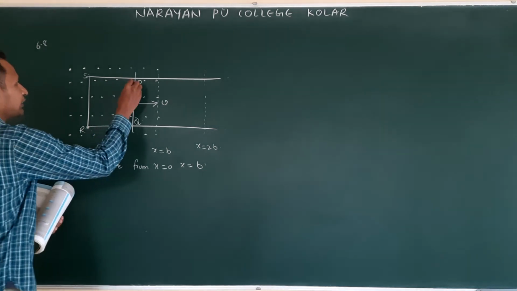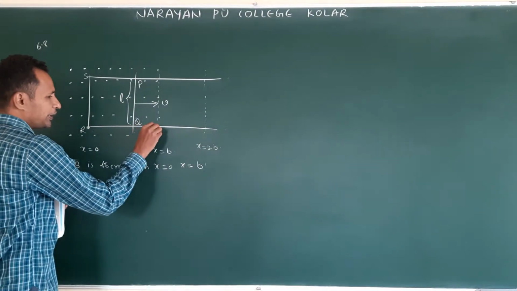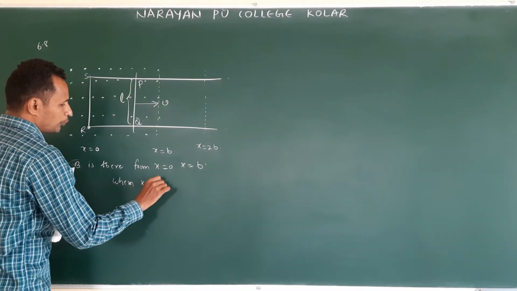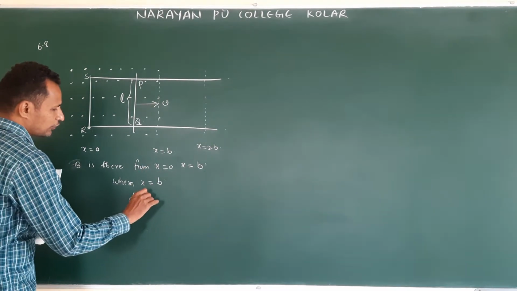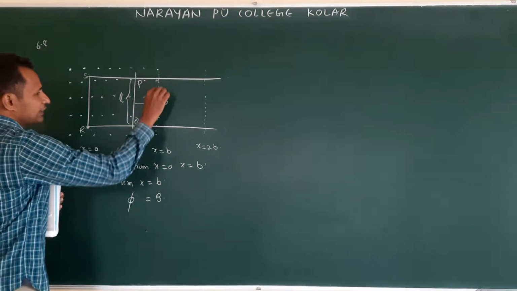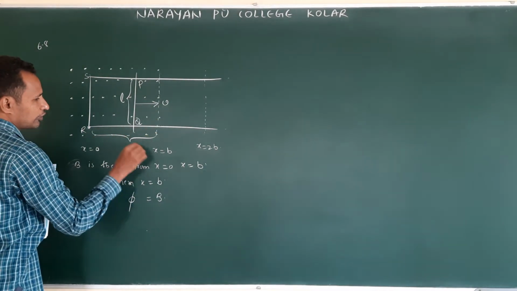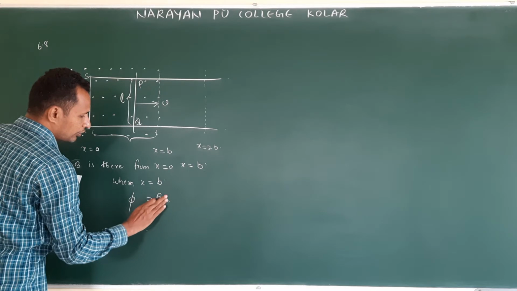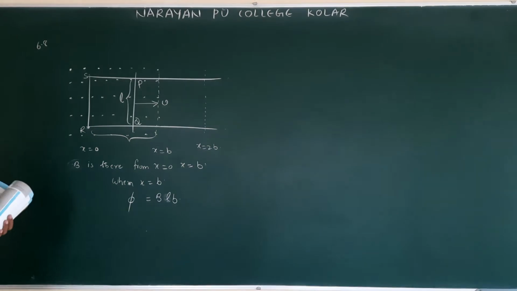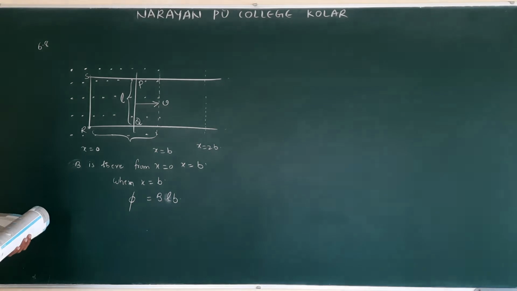They given this as length L. As soon as it's reached b, when x is equal to b, what is the flux? Flux is equal to B into area. When the rod is here, what is the area covered by the rod? This length and breadth. Up to here is what? b. So b into L, or Lb. Clear? When x is equal to 0, there is no flux. Right? They given.